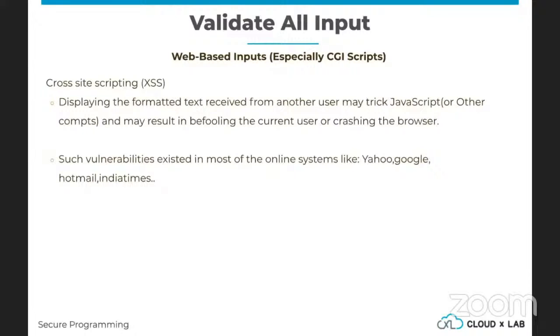Coming back to it, what exactly is cross-site scripting? Let's say one user is uploading data on your server, for example on a discussion forum, and another user is reading it.